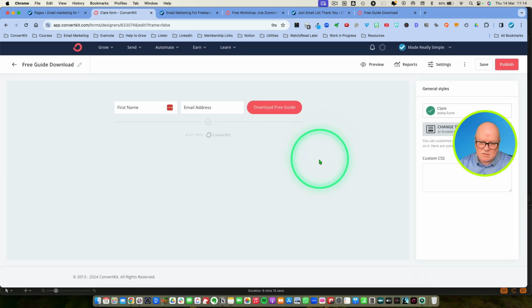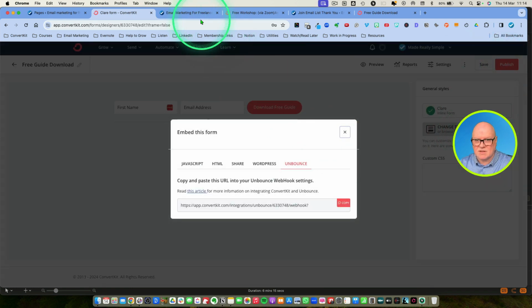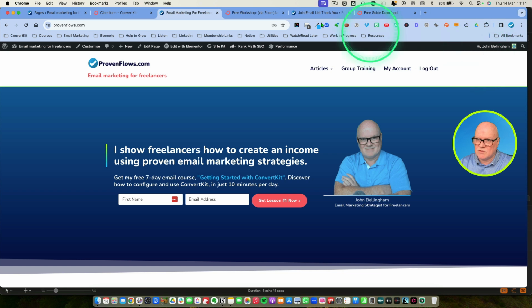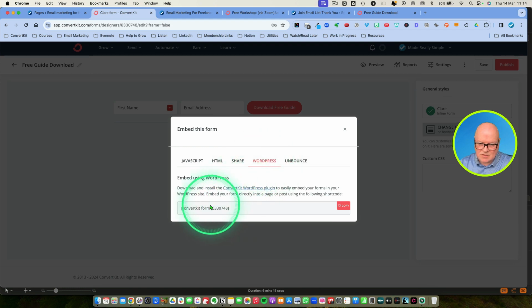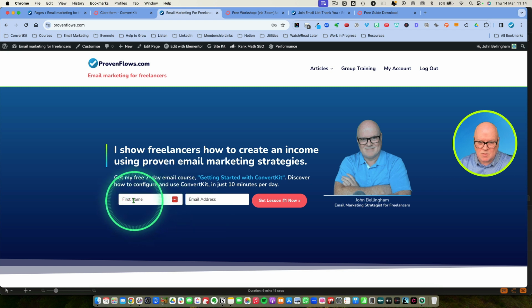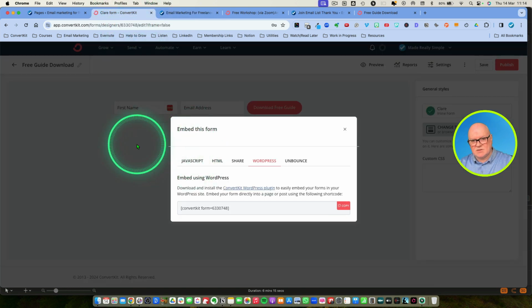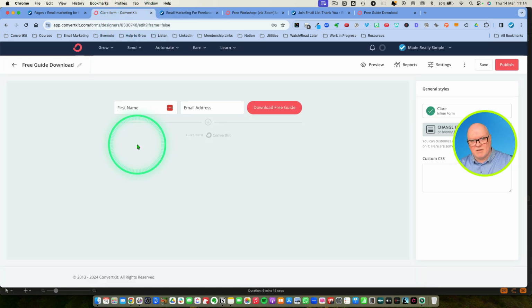And that's how we publish the form. So all I would do in this one here is get into ConvertKit, actually I get through WordPress. So I would be taking this option, and I would be making that option appear on my website. So when anyone fills their details in, first name and email address, and clicks that button, it then gets submitted into ConvertKit, and they arrive as a subscriber on my email list. Okay, so